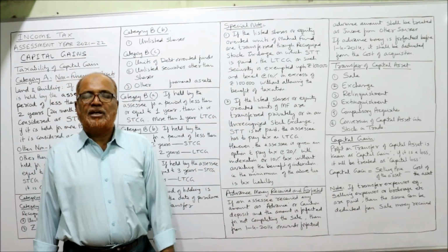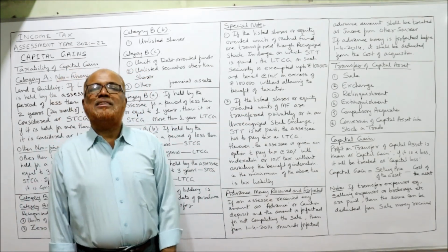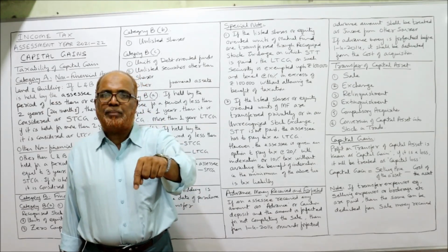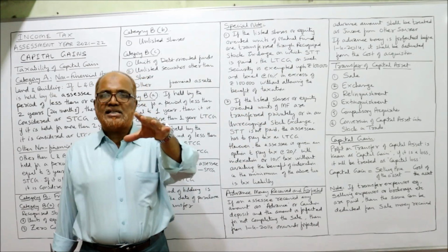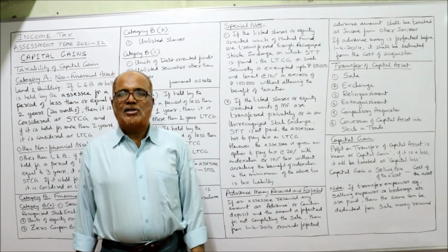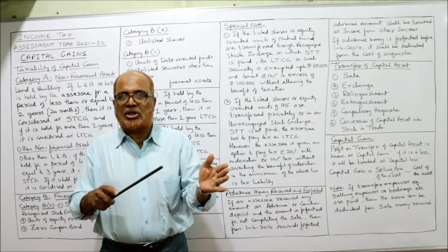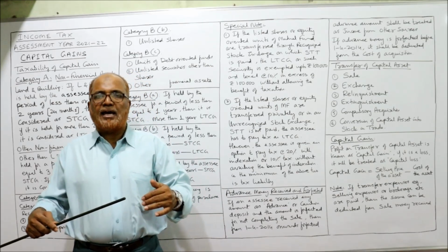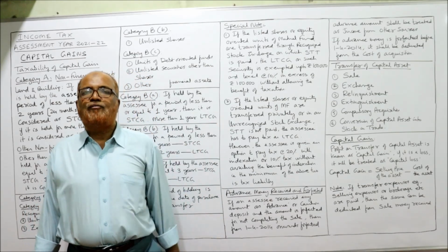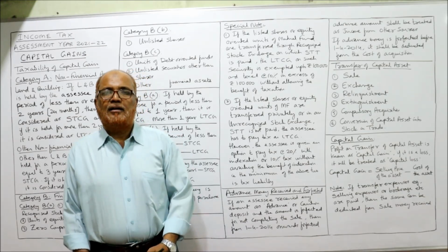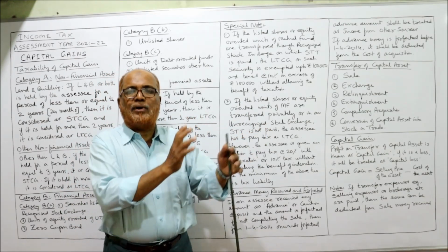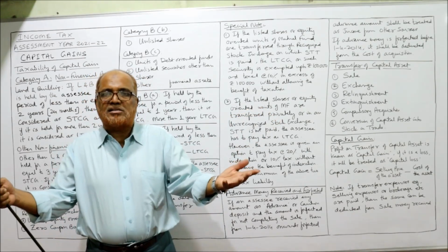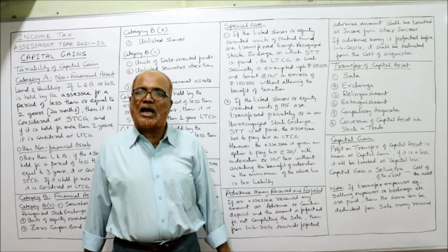First one is sale. This is the common method of transfer. Sale is a transaction in which the capital asset will be sold by one person to another person. So there is a seller and a buyer. In this buy and sell transaction, there is a transfer. Example, Mr. X sold property to Mr. Y for rupees 50 lakh. So Mr. X has given the property to Mr. Y and Mr. Y has paid the amount of 50 lakh to Mr. X. That's a sale. That's a common method of transfer.